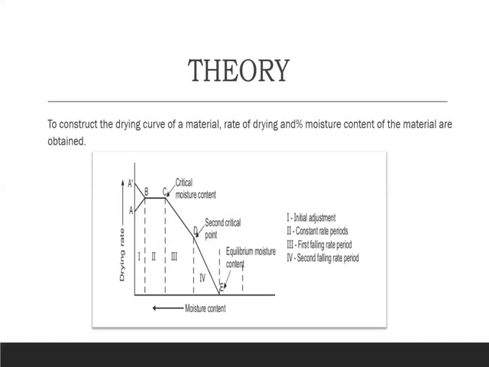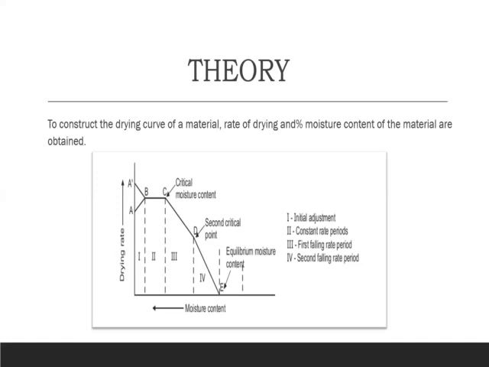So the moisture evaporates from the surface and is replaced by water diffusing from the interior of the solid. The diffusing rate of water from this solid is equal to the rate of evaporation. The moisture content at the end of this constant rate period, point C, is referred to as the critical moisture content.